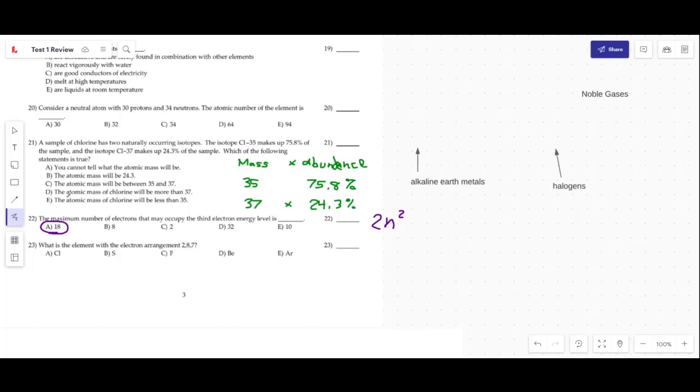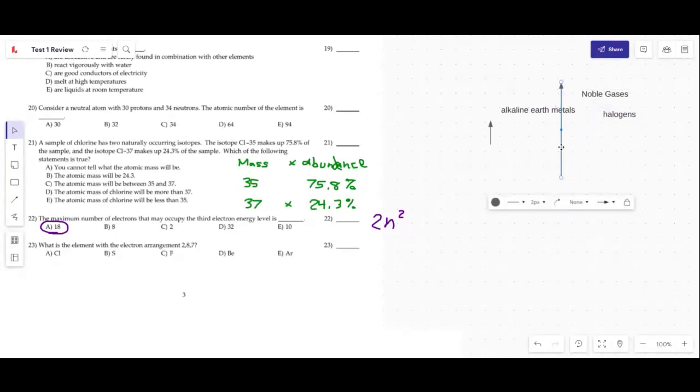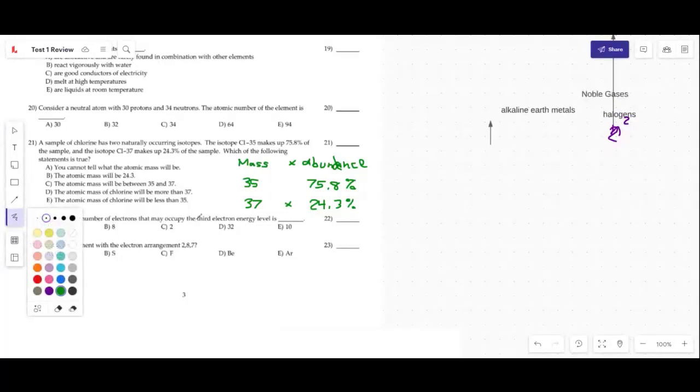So what I'm going to do here is multiply each of the masses by its corresponding abundance. And once I have the answer, I'll add them up. And then I will divide by the total abundance. Okay, so 35 times 75.8 gives me